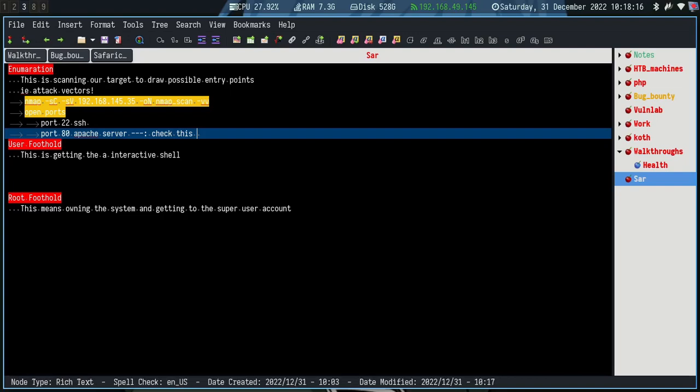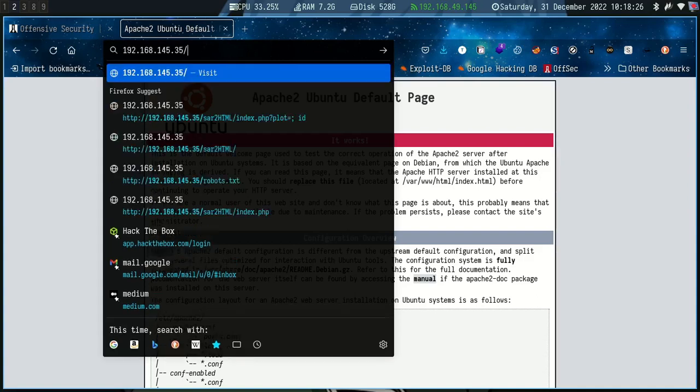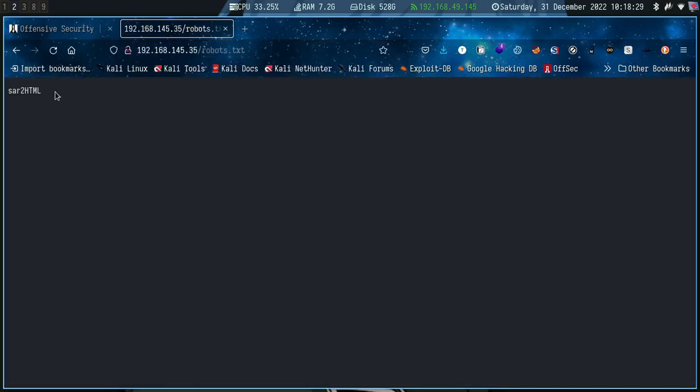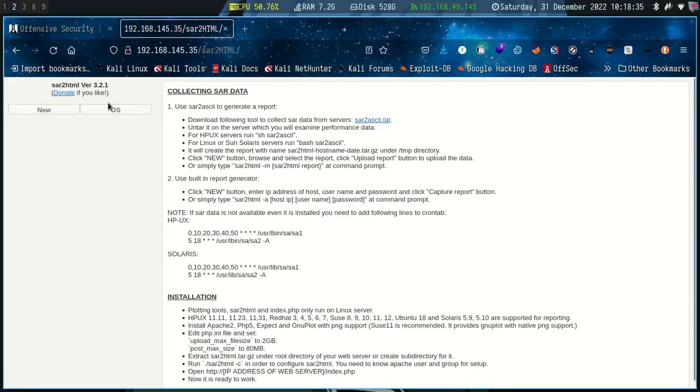So we'll start with port 80, and what we can check is robots.txt, and just like that you get sar2HTML. So basically we can use that endpoint, and yeah, we get this. So the most